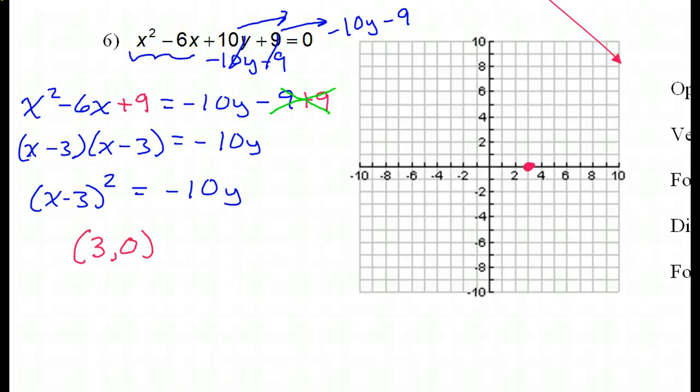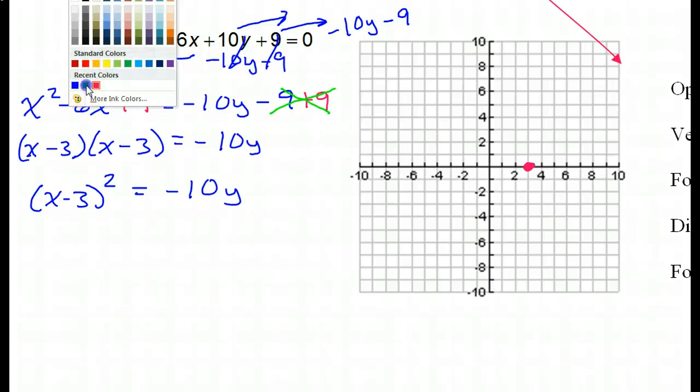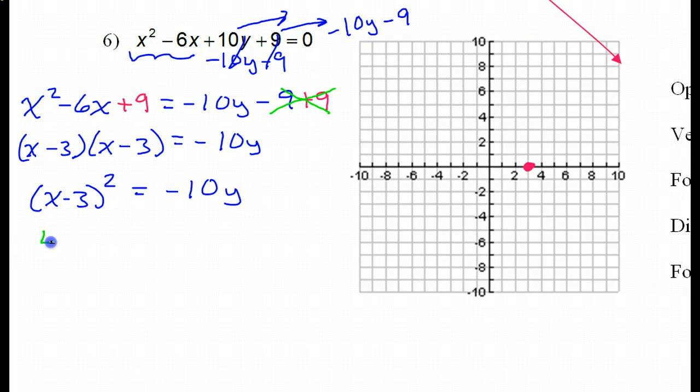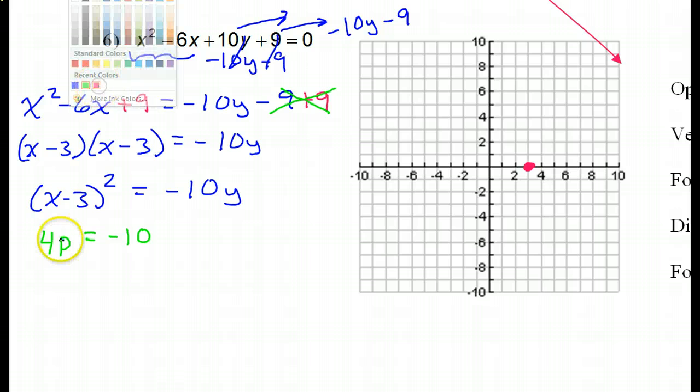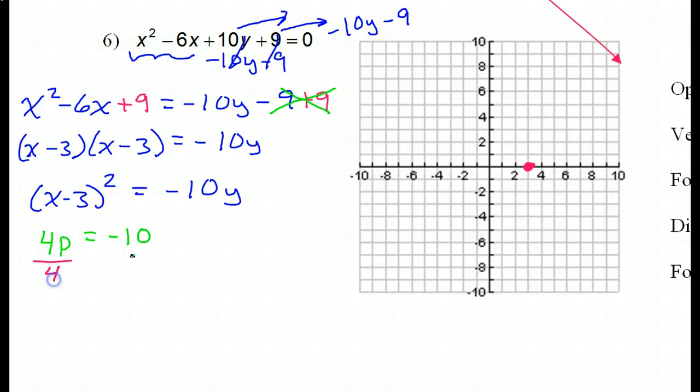Now it's time for the focus. To get the focus, we need the p-value. We'll start with this. 4p is equal to negative 10. So to get the p-value, we're going to have to divide by 4 on both sides. That's going to give me p equals